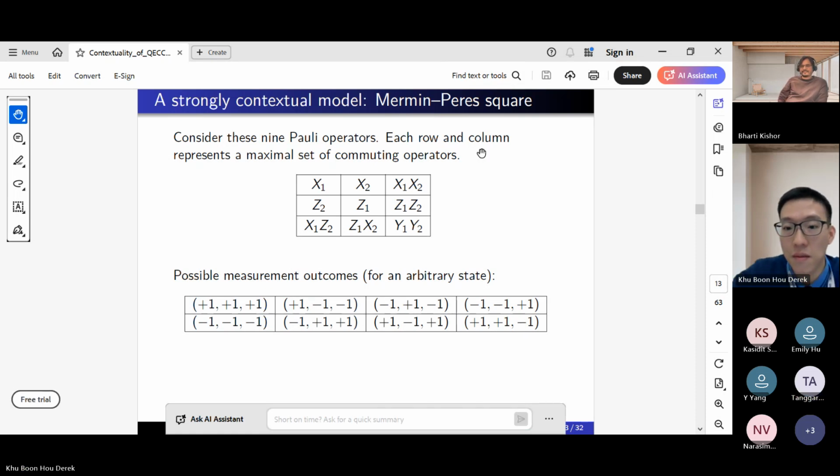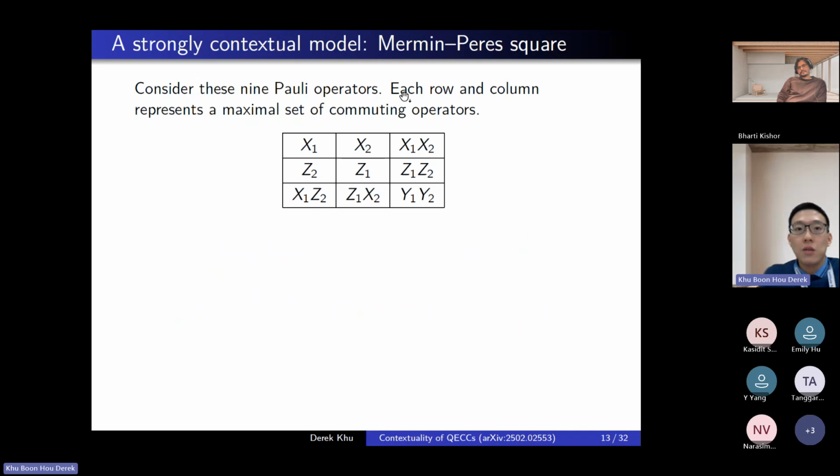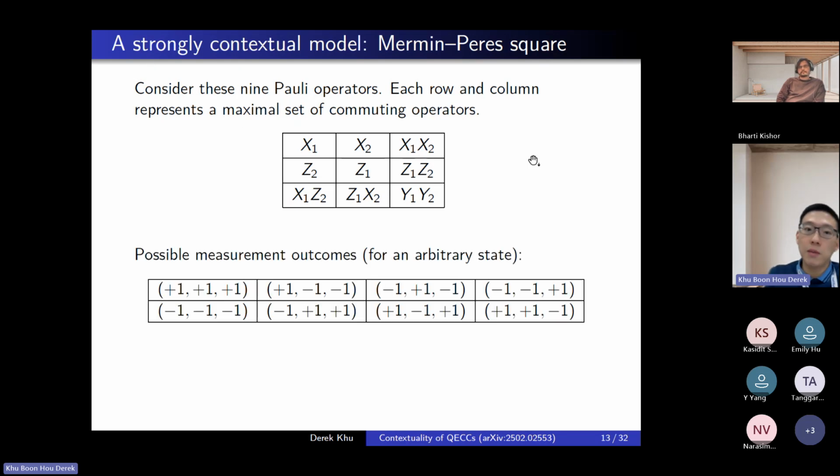Yep. Sorry. So each row and each column represents a maximal set of commuting operators. And the possible measurement outcomes, for say this row, could be any of these 8 possibilities. And we could ask if there is a consistent way to assign values to each of them. But we see that